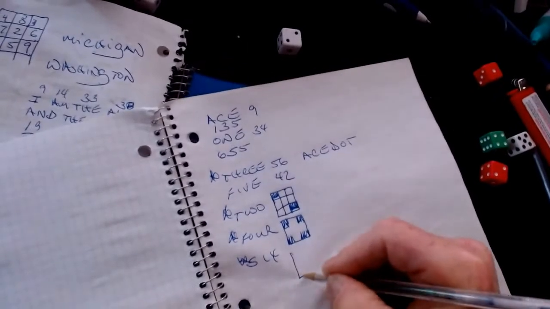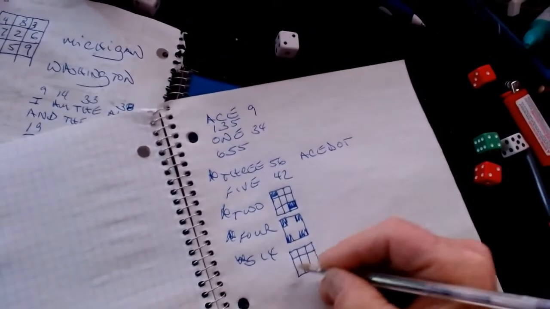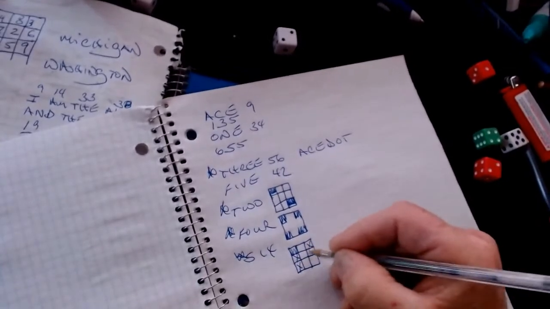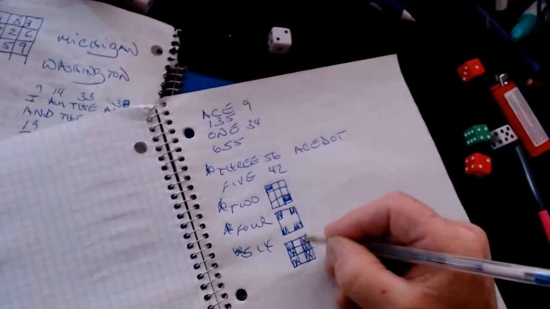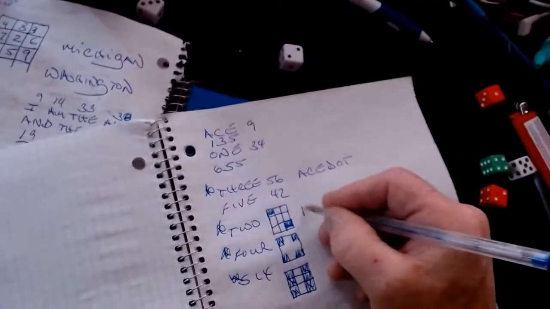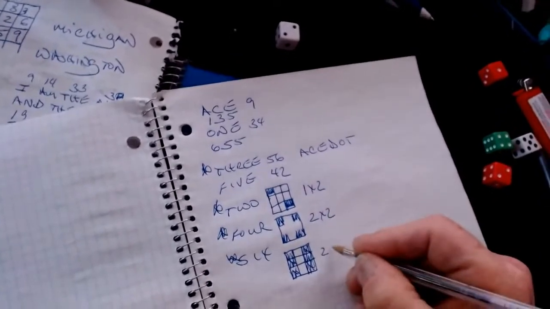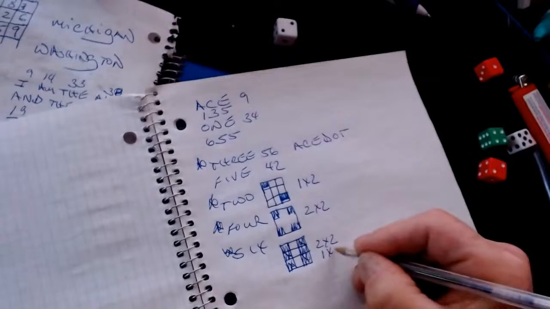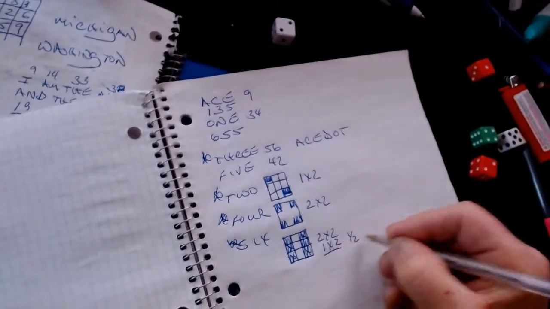And then here is number 6. So we have 1 times 2 here, 2 times 2 here, and then we have 2 times 2 here, and then 1 times 2, or is it the half